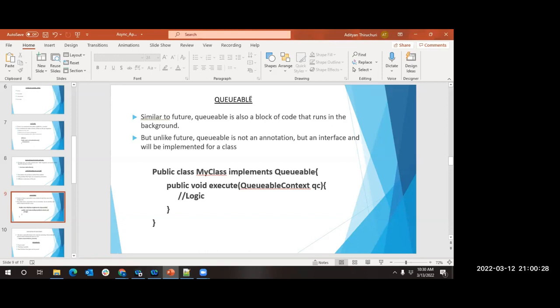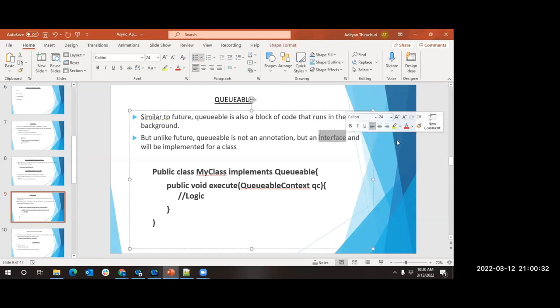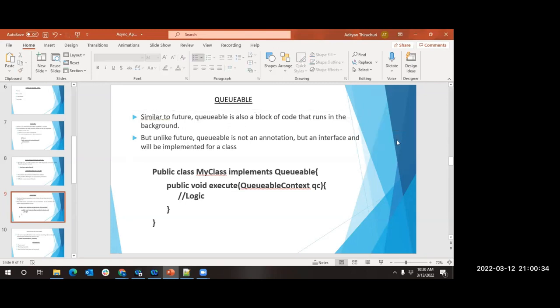And as multiple inheritance is not supported, we have something called interface in place. I will tell you what interface is all about. Interface is more like a class. But the difference between class and interface is, in interface, you will just write the methods and those methods will not hold any logic at all. Interface is more like a class which will have some methods, and in the methods there won't be any logic at all. That is what interface is all about.